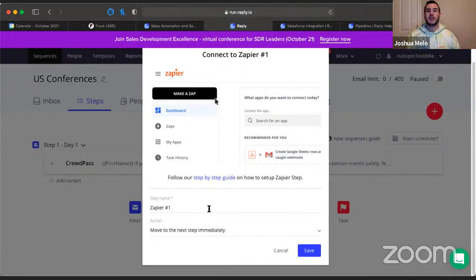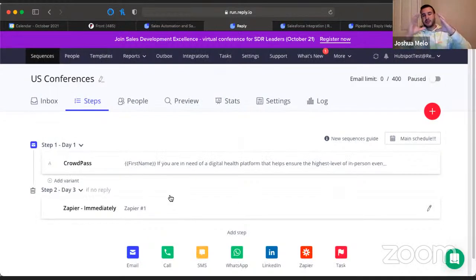So for example, if email one is viewed 3 or more times, trigger Zapier 1, and then move to the next step immediately, which will set them up for whether it be a LinkedIn call, an SMS, or a continued email sequence. This is just a way to place the specific trigger in Zapier directly into your sequence so that it's timed more correctly than if you were to have just a general zap